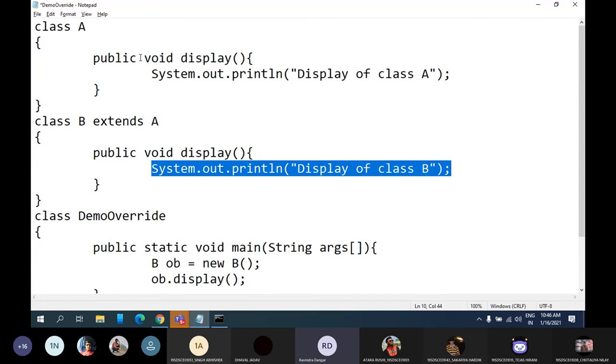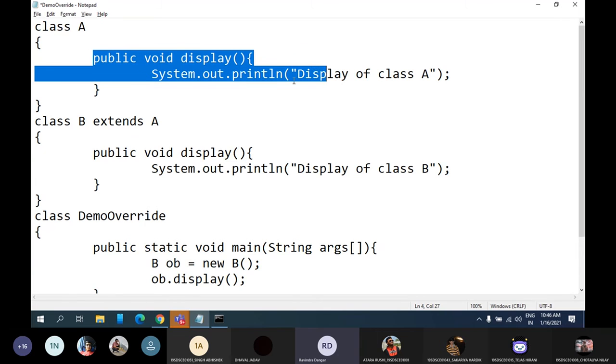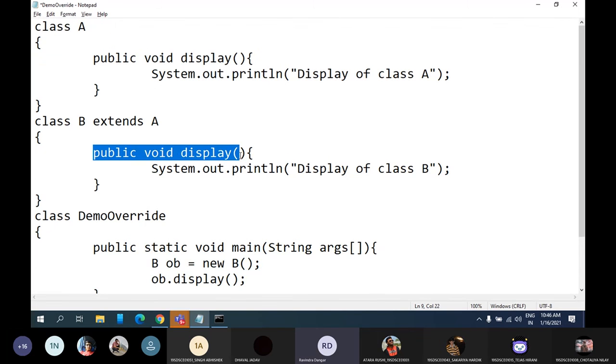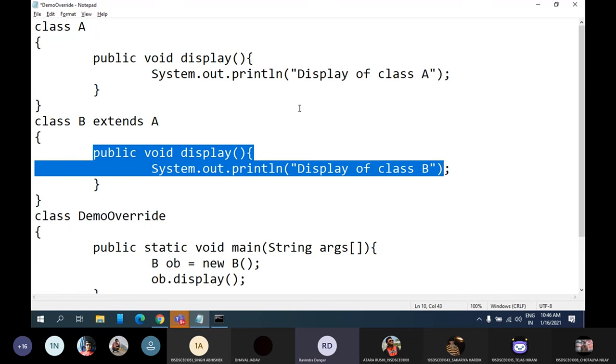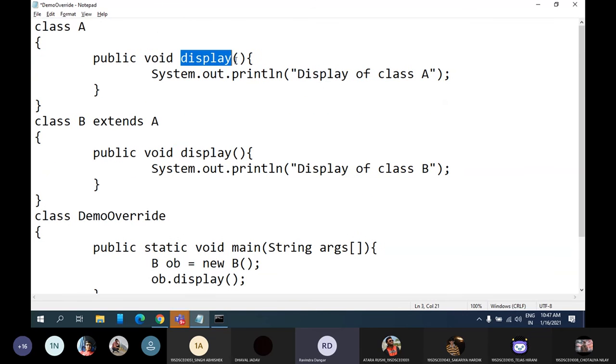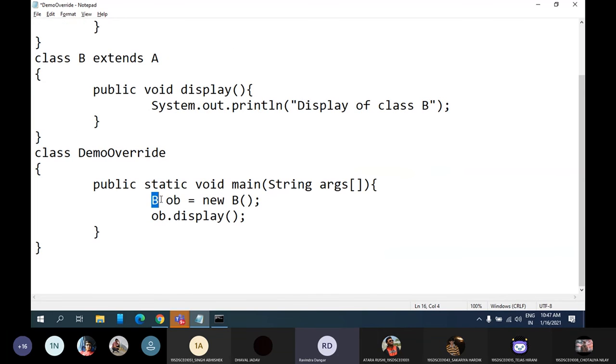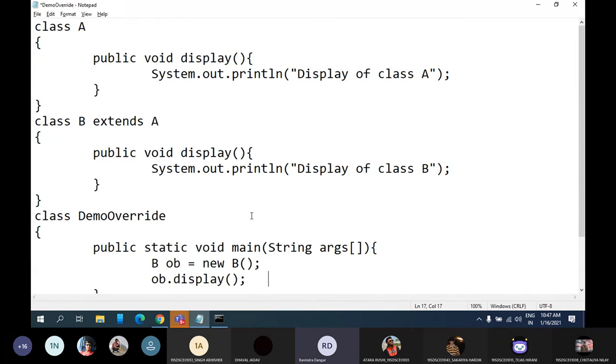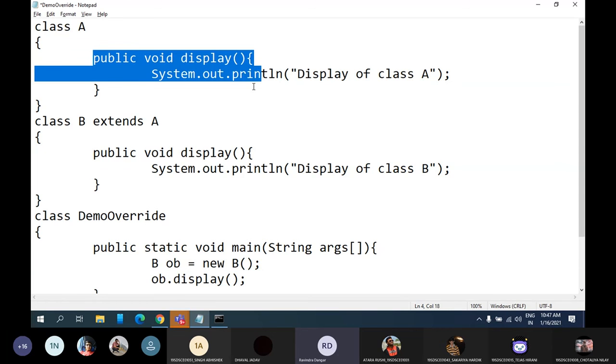Fine. So using this concept, if I want to add some specific implementation of the method which is already created in superclass, then always I can do that using the concept of method overriding. And this can be decided during runtime only. At compile time, JVM is not having any idea which display is going to be invoked. See, everything is same. And if I'm creating object of class B, syntax wise it is correct. I can create the object like this. Using that object, I can call the method which is display. So at compile time, JVM is not having any idea that which display method is going to be invoked. This decision will be taken at runtime only.